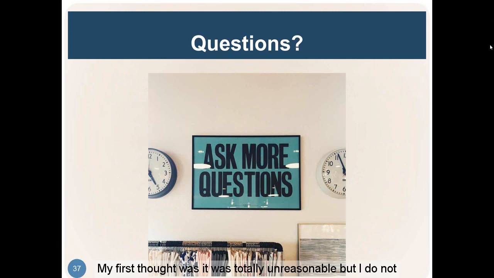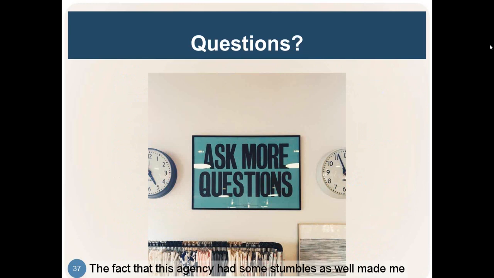My first thought was it's totally unreasonable, but I don't have anything to back that up. If I'm going to pursue that, I'm going to survey different nonprofits in that area of a similar size or a similar complexity, that have similar type of awards. Obviously, they're not going to all be CSBG or LIHEAP awards because this was a CSBG and LIHEAP provider.